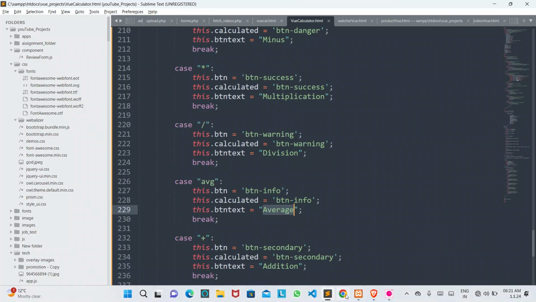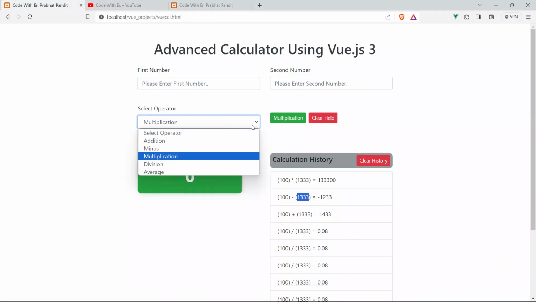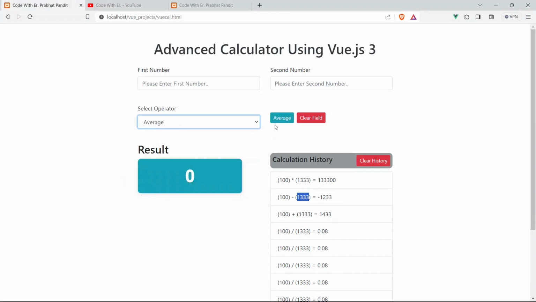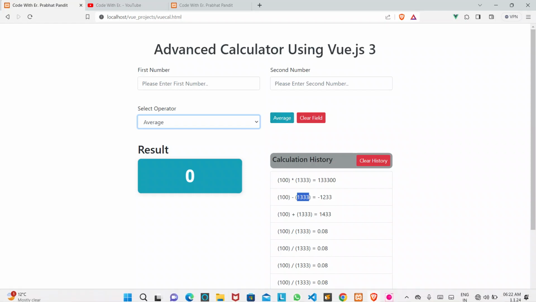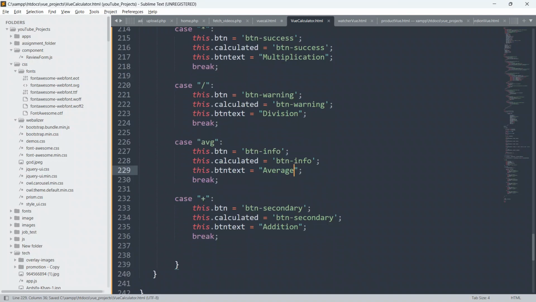Okay, so let me just go to the example, and let me give you an example also. So guys, just choose the operator as average. Okay, so see, button text changes to average, and background is also info. This is also info, and this is also info, and text also changes to average on this button. Okay, so just go to the code again, and yeah, so guys, by default just make this class case as